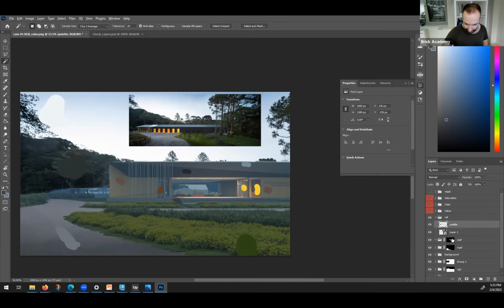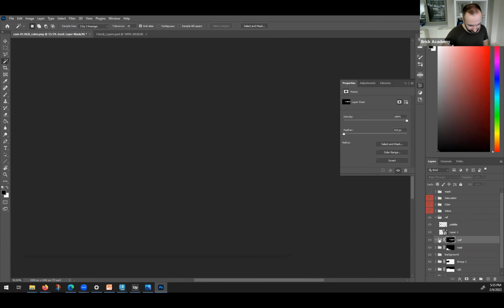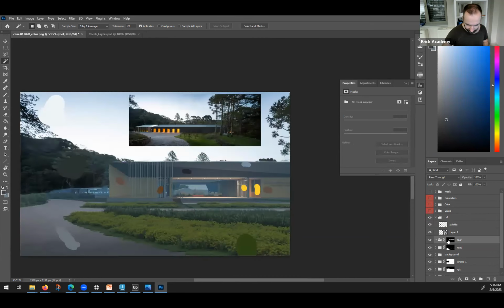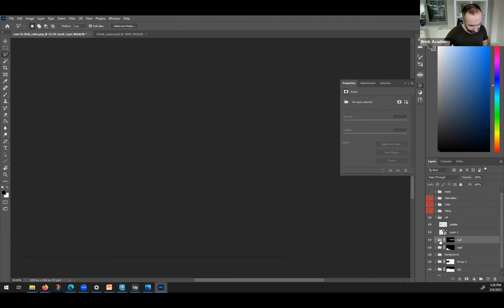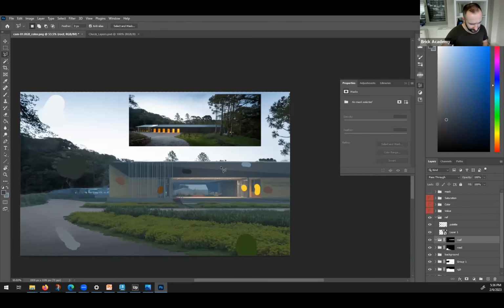Okay, and this is my roof. Maybe not this bottom part. Okay. And for this part here,